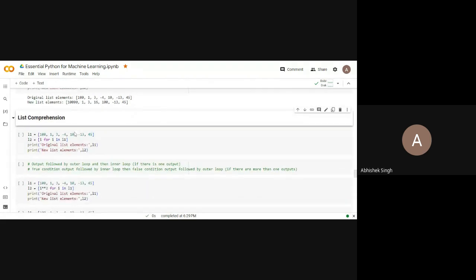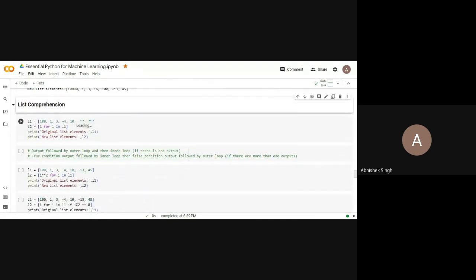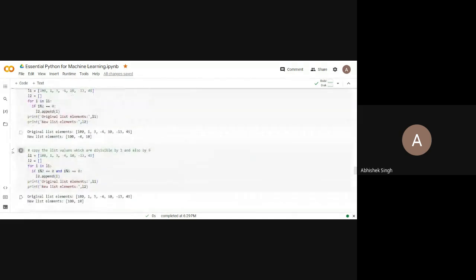Now this is a very complex topic. This is called list comprehension. This is particularly the first topic which is considered as a tough topic in Python. So I'll try to make it very easy. And this is the thing which is very, very much used in machine learning. So here, if you see,